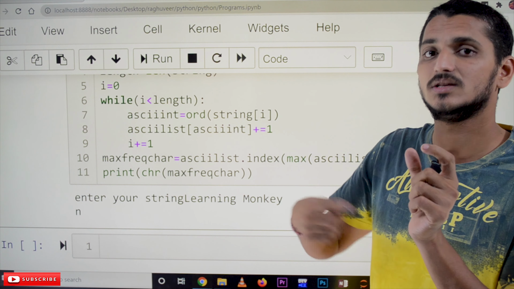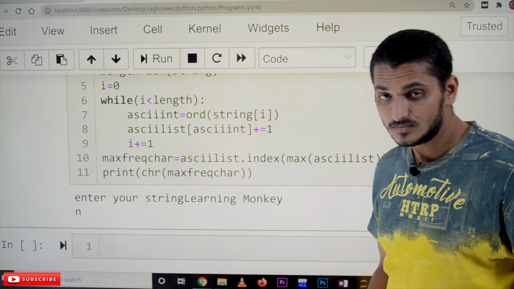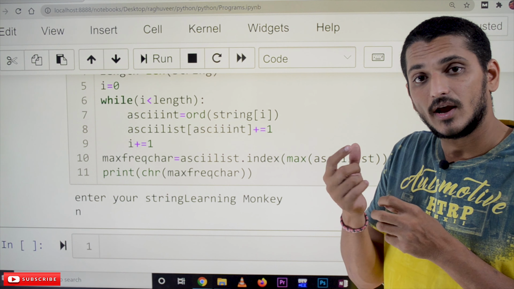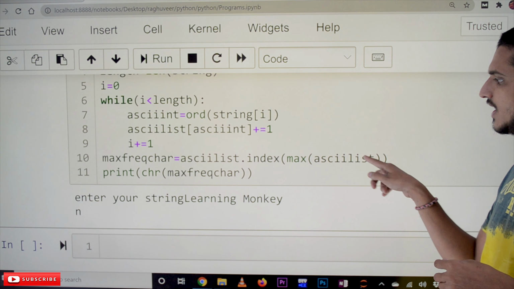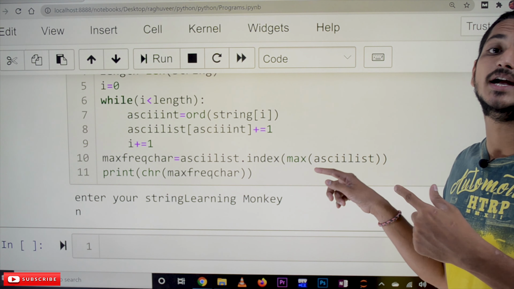And after coming out of this, max frequent character is equal to, we have to identify what ASCII value has the maximum count. We are using the function called max, maximum of ASCII list, and that maximum value's position is needed. Position means index position, which is our ASCII value.